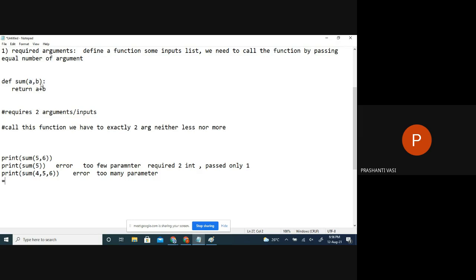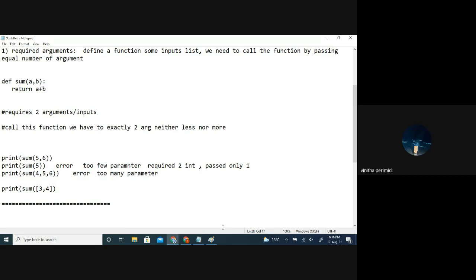You got this point? So in this scenario, if I write sum of a list of 2 values, will it work? Just check how many arguments I passed. One. It's one list. Because the function needs 2, that means too few arguments, as we have passed only a single list object. So it won't accept that. You have to pass two, then only it will accept it.